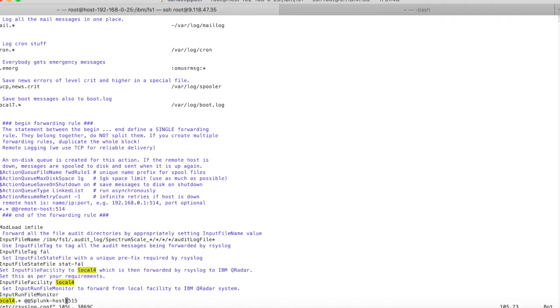SPLUNK-host is the name of the system which is hosting the SPLUNK Enterprise software, and 515 is the syslog port where we will be forwarding the rsyslog. So once we configure this, all the file access logs from the Spectrum Scale file system will be forwarded to SPLUNK